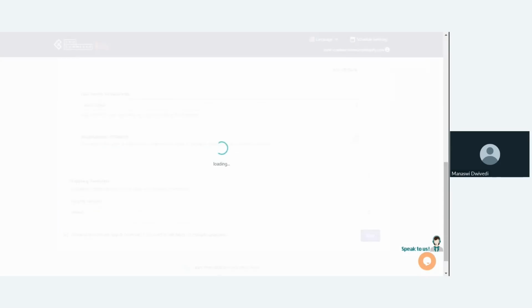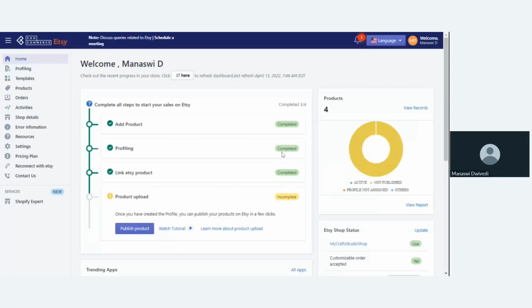And now we are on the dashboard of the app. Isn't it an exciting feature, Rishabh? Yes, it is. So the dashboard is depicting that we have added products, means we have imported from Shopify to the app,